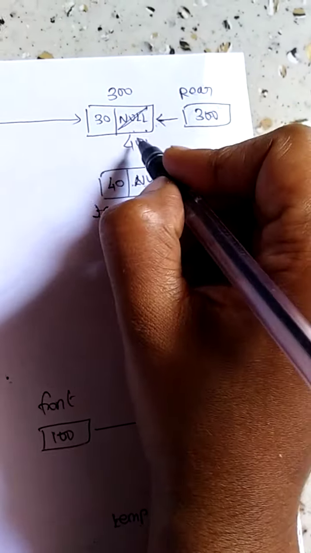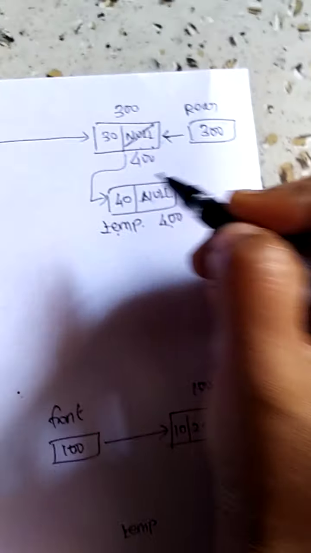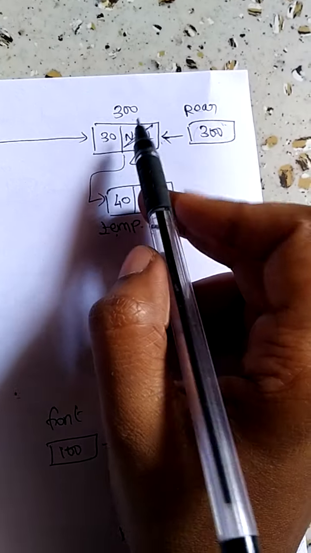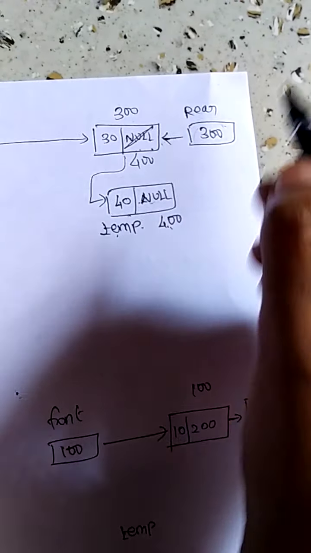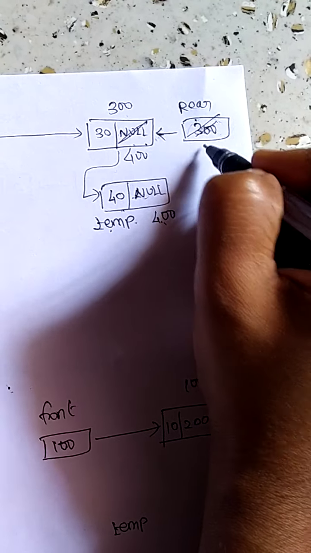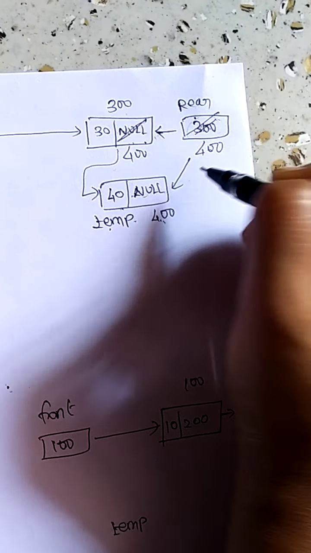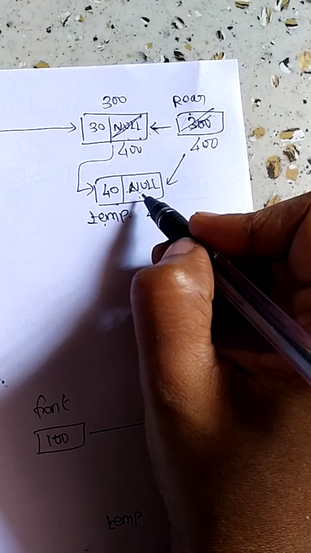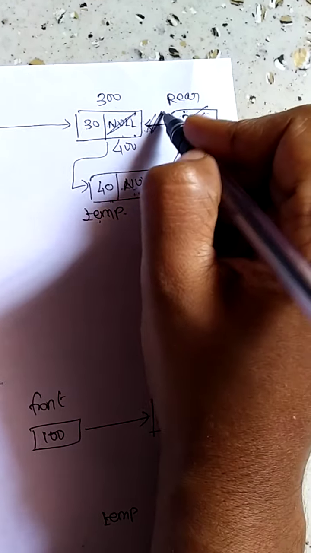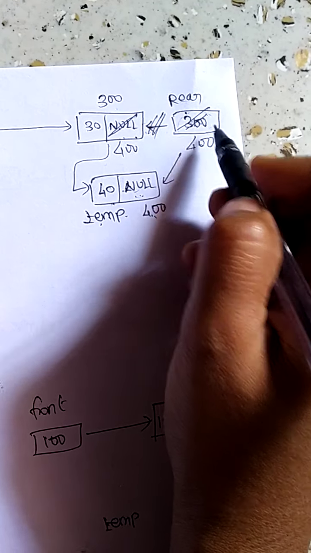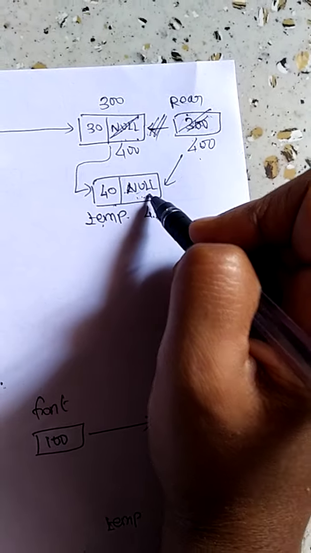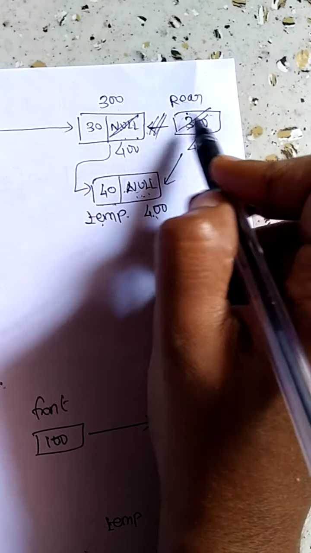Is this 400? Because this node should be pointing to the last node. So now this is not the last node. The node I'm going to insert will be the last node now, so the rear pointer also should be updated to 400, because the rear pointer always points to the lastly inserted node. So I'm not having this link now. I should make it 300 to 400. So this rear will be pointing to the new node. So these are the two changes I have to put.